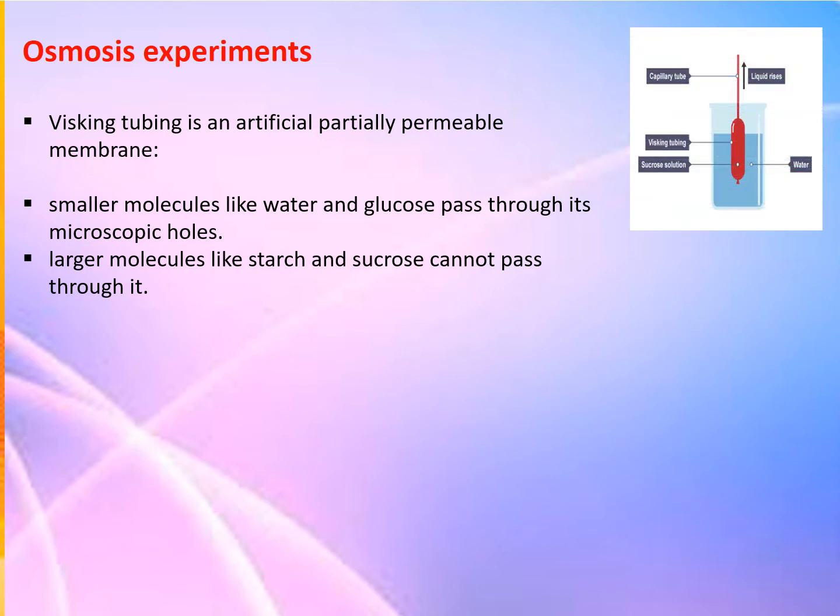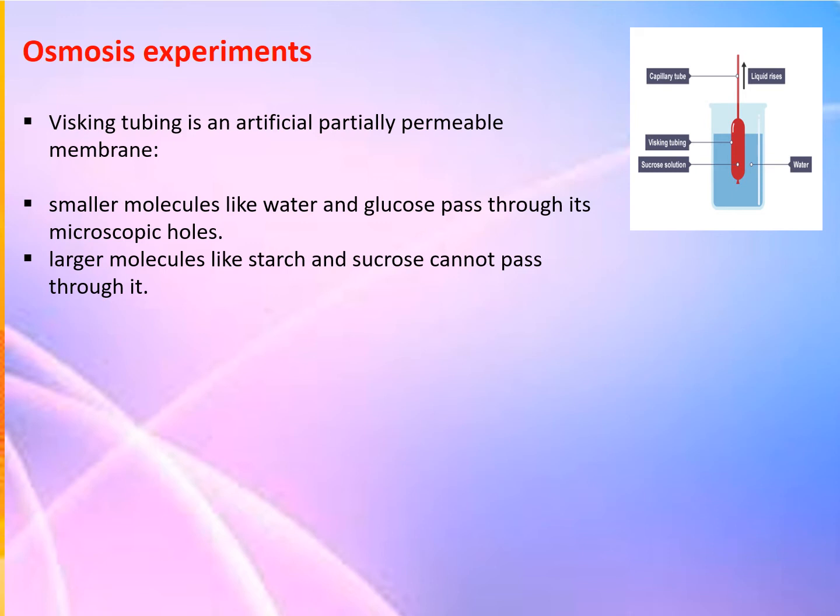You can show the effects of osmosis by filling a Visking tubing sausage with concentrated sucrose solution. In the picture, the red color shows the sucrose solution which fills the Visking tube. Attach it to a capillary tube and place the Visking tube in a beaker of water. You can see the picture. The outside is water, inside is sucrose solution. Now think what will happen. Will the water level rise, or will the sucrose level rise inside the Visking tube?